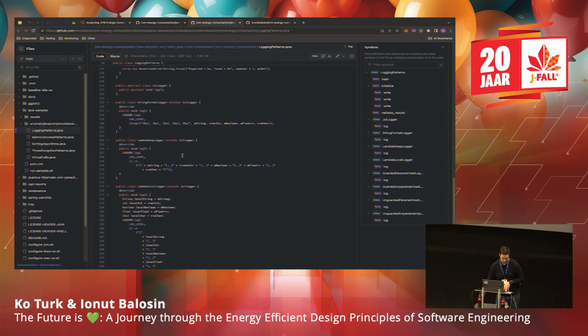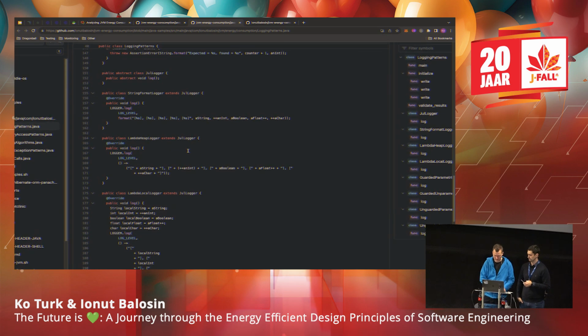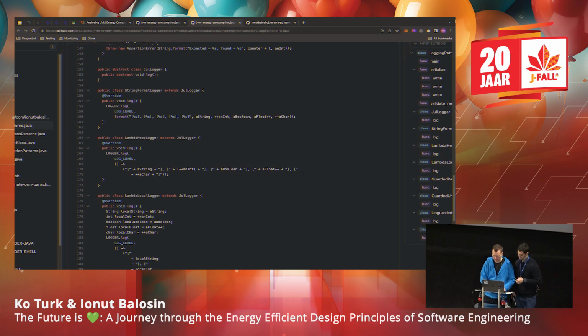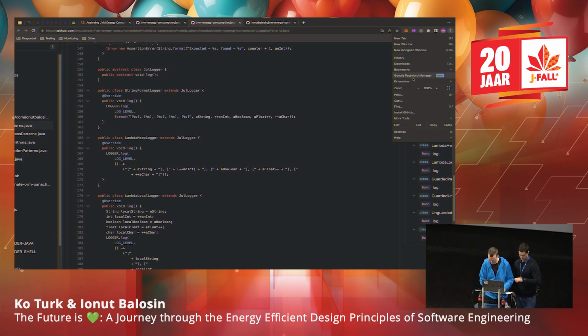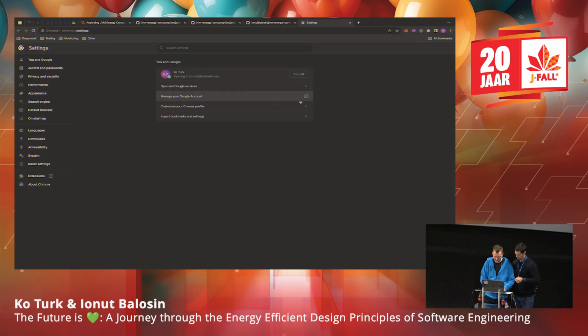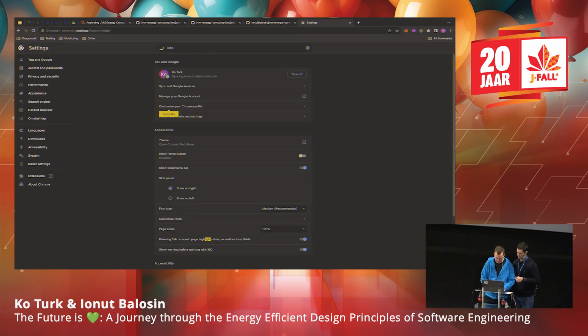Is it visible for everybody to see it, by the way? Maybe we can enlarge it a little bit? Yes, please. Or the light. How can I light this? Is there a light mode somewhere in settings? Does someone know? This is Chrome.